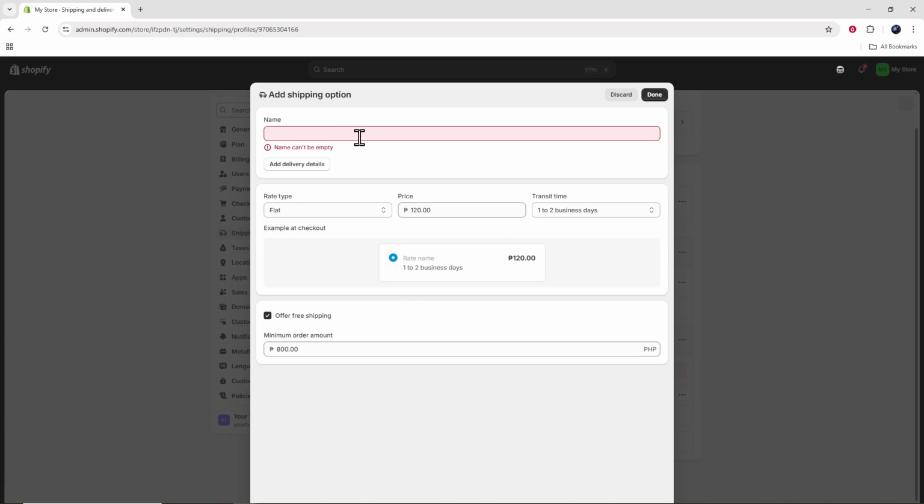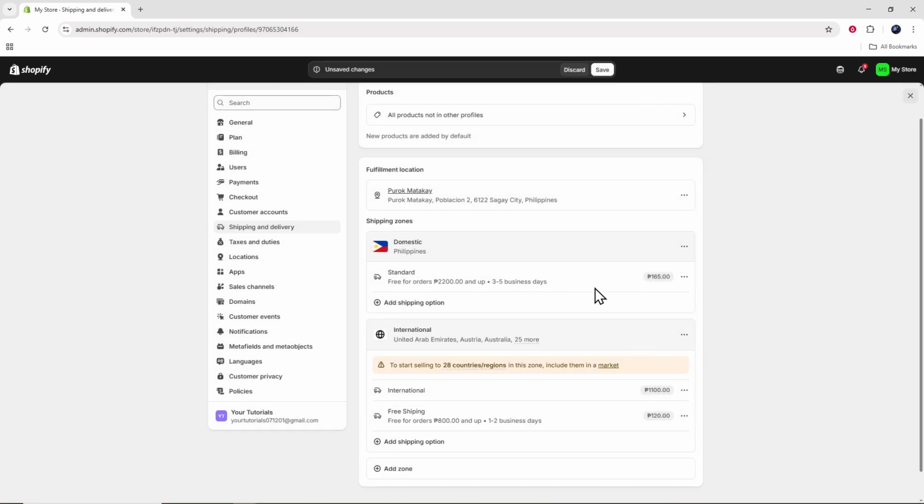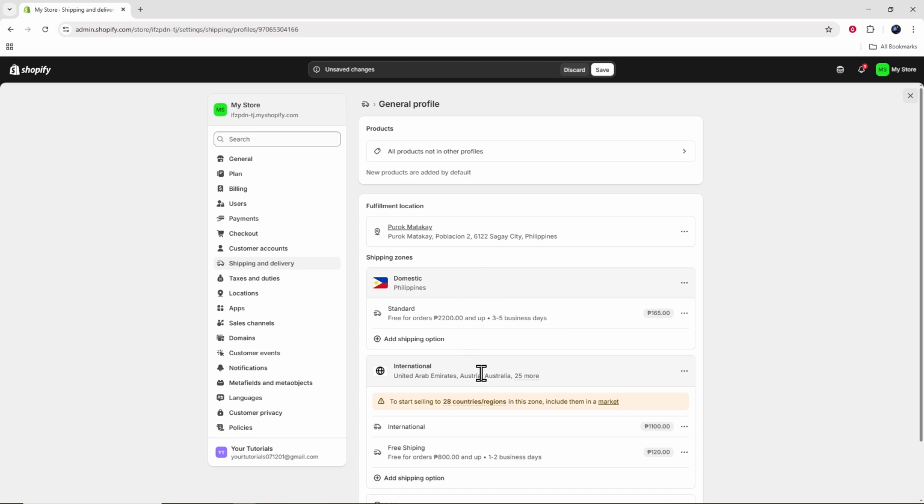It's always a good idea to review your shipping setup periodically to ensure it's aligned with your business goals and customer expectations. And there you have it. You've successfully set up Shopify shipping to not only save money, but also to potentially increase your sales by offering attractive shipping options. Remember, the key to a successful shipping strategy is finding a balance between cost and customer